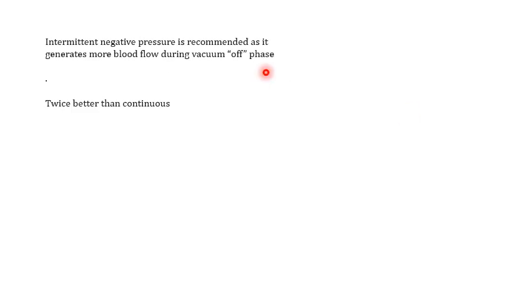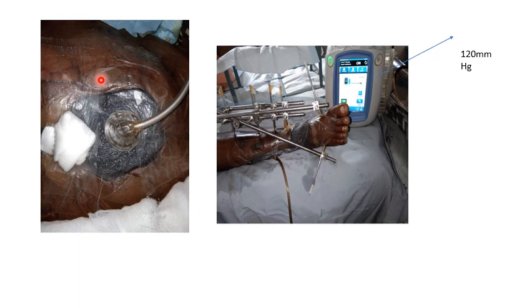Now, by the end of it, an intermittent negative pressure is much better than a continuous negative pressure. It is twice as good as a continuous negative pressure. We'll come to it later. You will understand why. So this is your negative pressure. You put a foam and connect it to the machine. This is actually for a